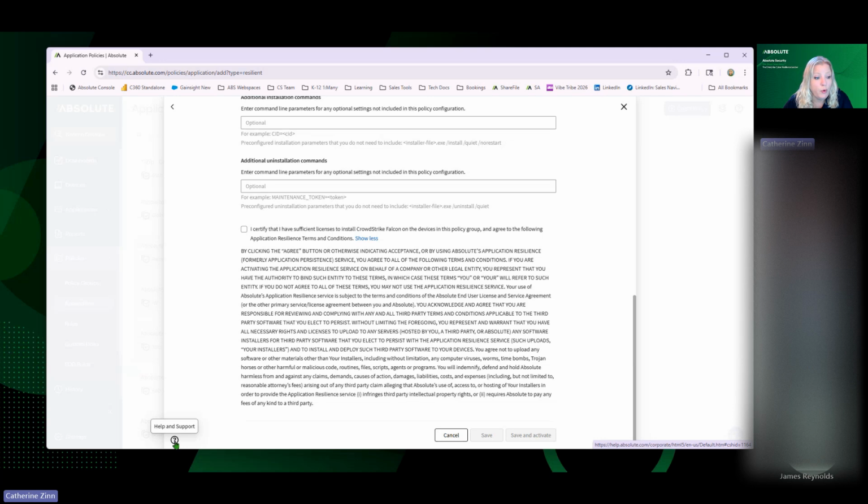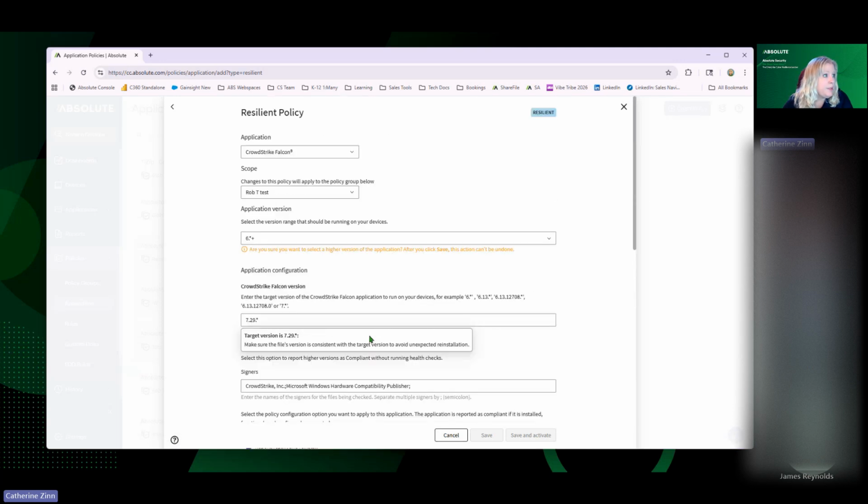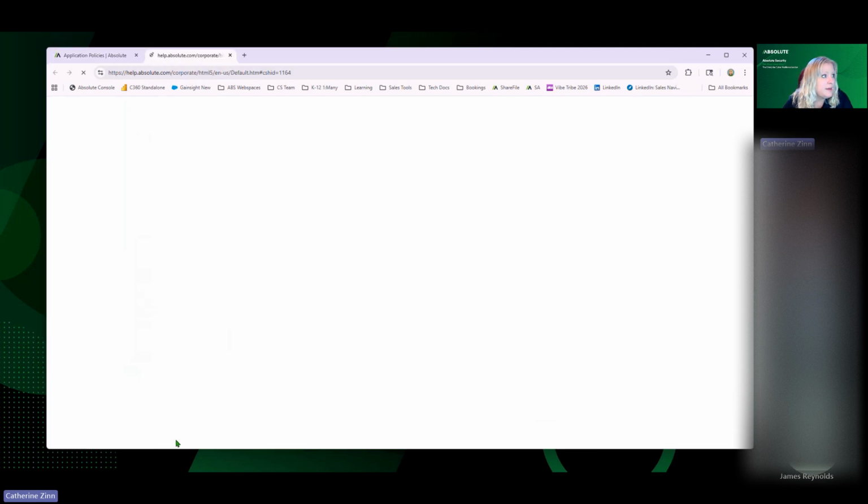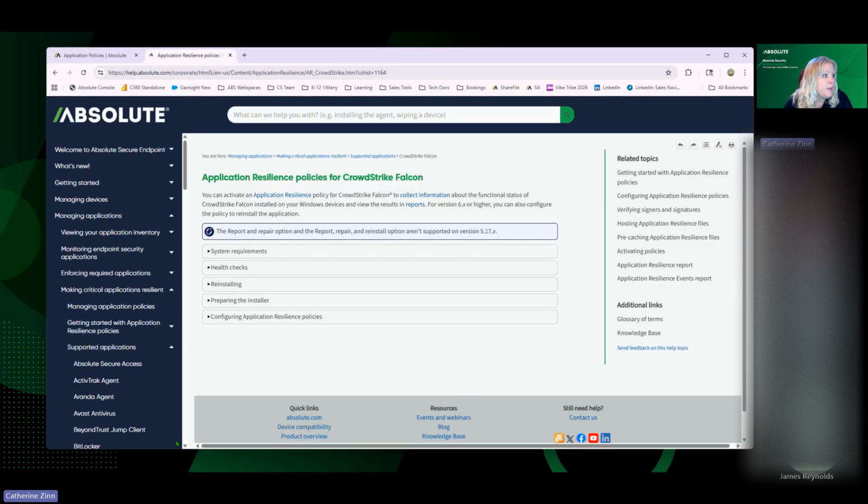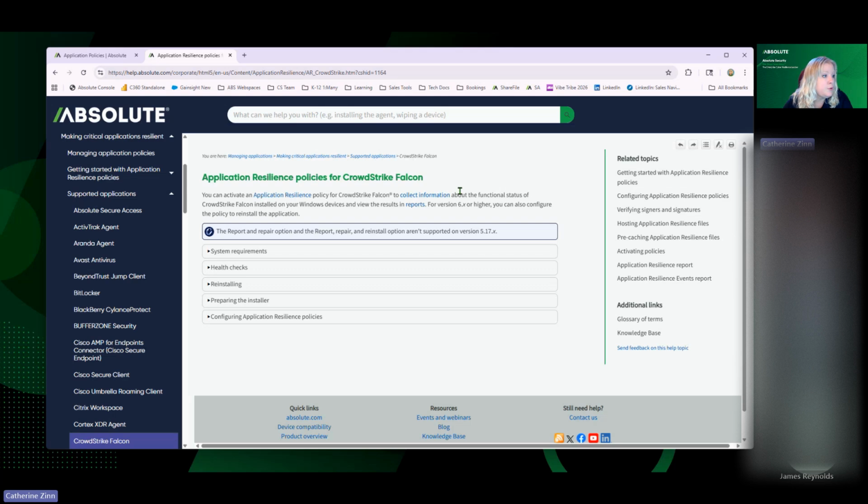So if you're only doing report, no reason not to save and activate. So for each application, just to not take too long on this, you can click Help and Support down here in the corner, and it will take you straight to the policy for that particular app. You can see some of the different applications that we have available here. You'll see the system requirements. You can look at exactly what it's checking for health, exactly what it's going to be reinstalling if that's the case. And then it'll have some details on